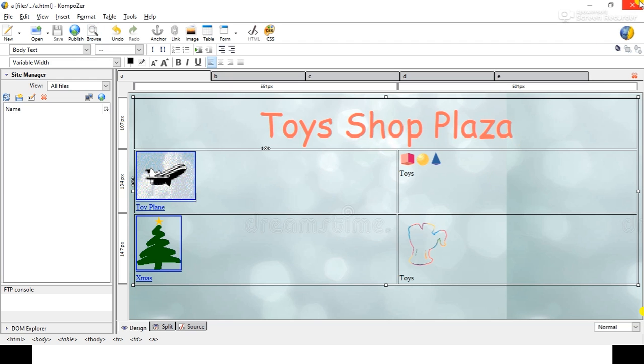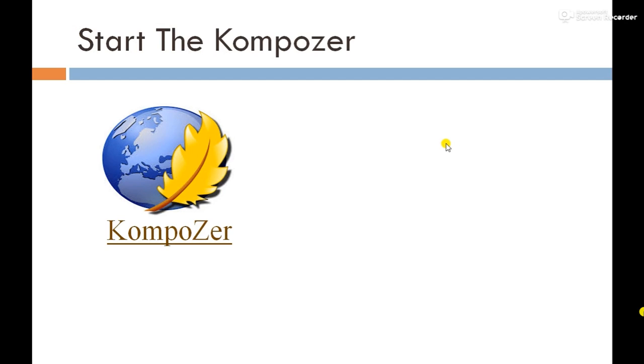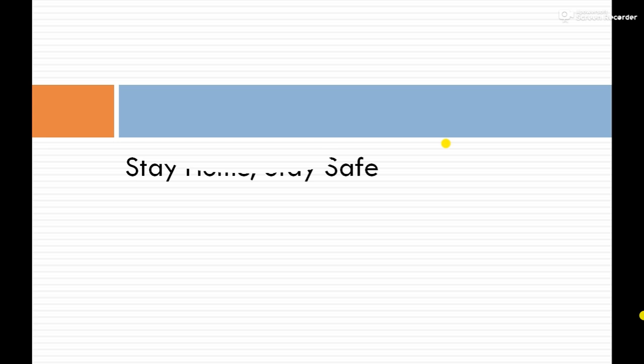So I hope students you understood how we create the plazas, how we insert the images, how we create the hyperlink, and when we click on the hyperlink or image or text, it will navigate to another page. This process is known as navigation.